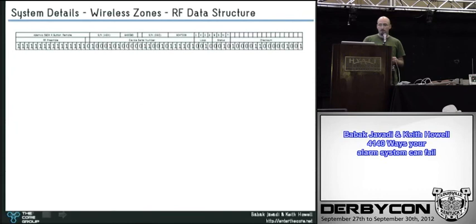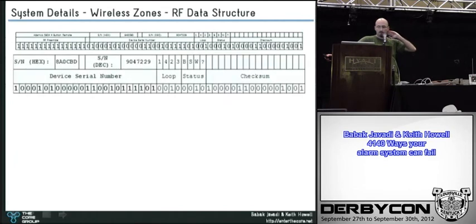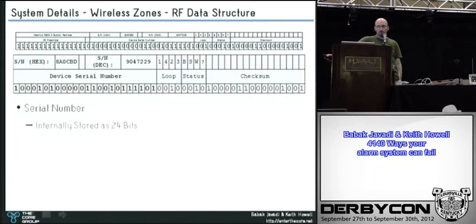So I'm going to briefly talk about RF data structure. We actually spent a lot of time analyzing the RF side of these alarm systems because that's what was most curious to me. Why commercial alarm systems and residential alarm systems should rely so heavily on such a poorly secured wireless system. We spent a lot of time with logic analyzers hooked up to these various devices, collecting a lot of data, and we ended up reverse engineering more or less what the breakdown of the structure is. So the serial number, which is the first part there on the left, is internally stored as 24 bits. So this is 48 bits that's being sent out every time as a...